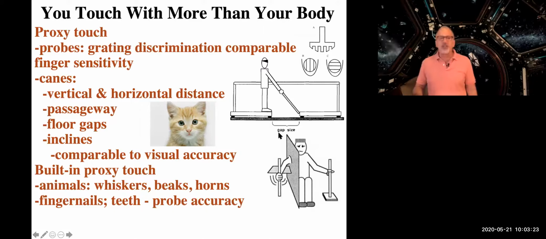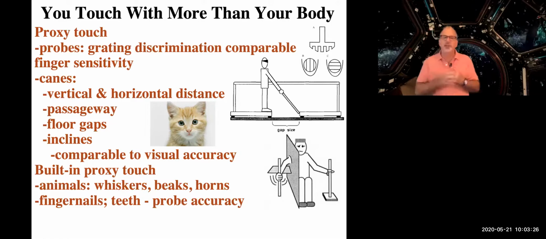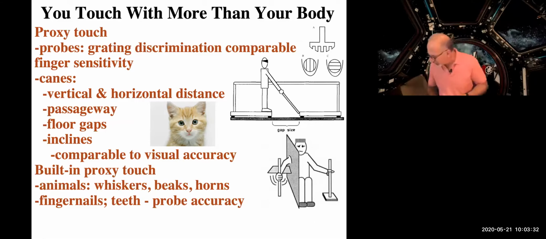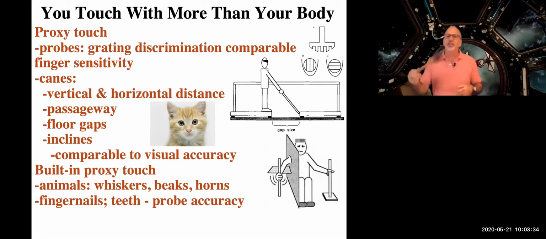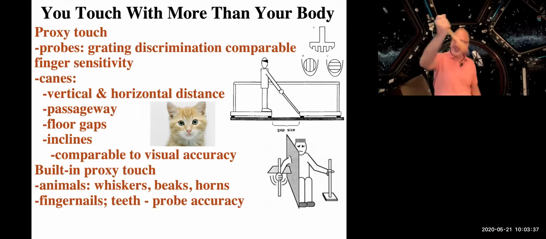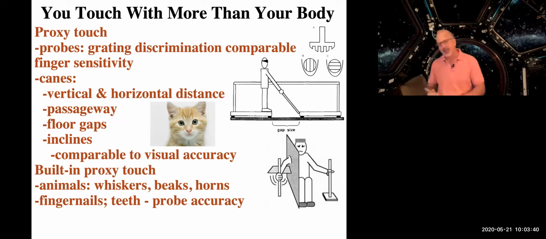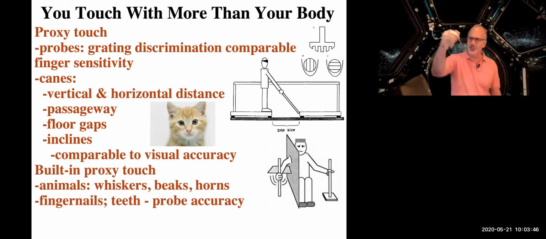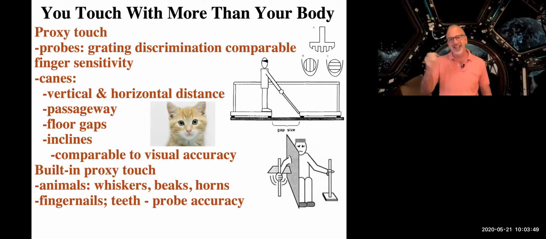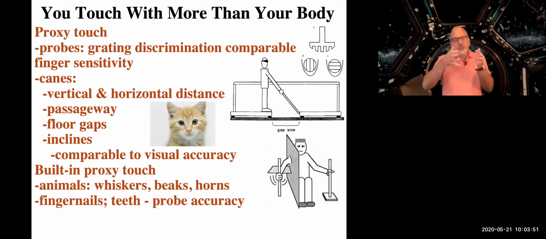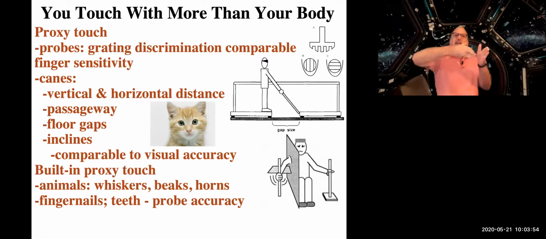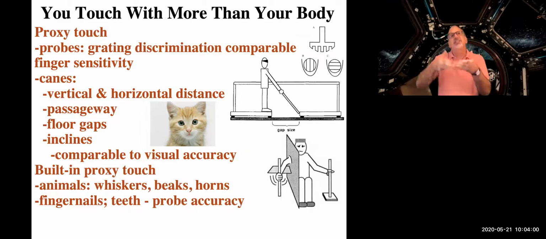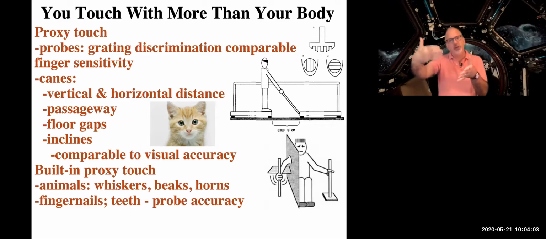And then finally, I just wanted to say a little bit before we leave this part of proxy touch: we do know when we're using proxy touch, especially if we're using it all the time, like if you're a soup maker or a chef that spends a lot of time making stews and soups and has to do a lot of mixing, or somebody who does precision nailing, or you're making guitars, that sort of thing, you do see the arrangement of the touch brain shifting around to make a space for the tool that's always being used.